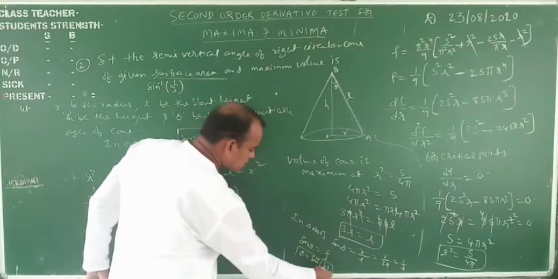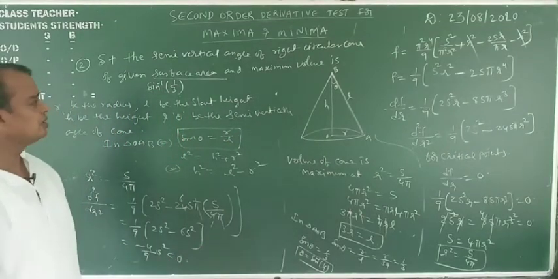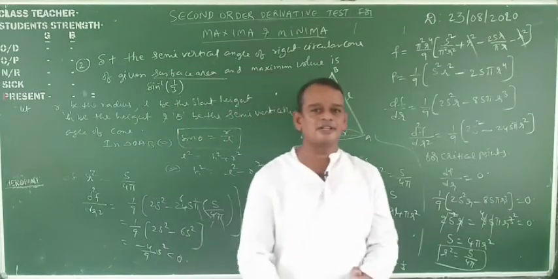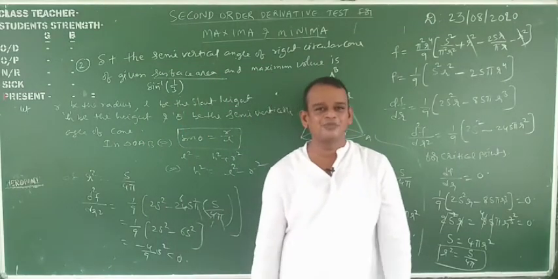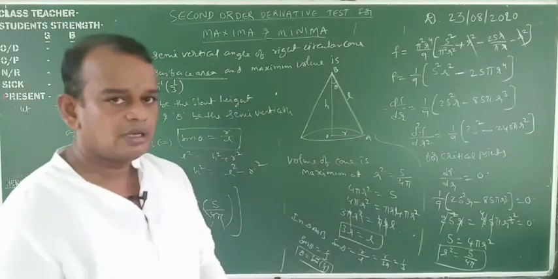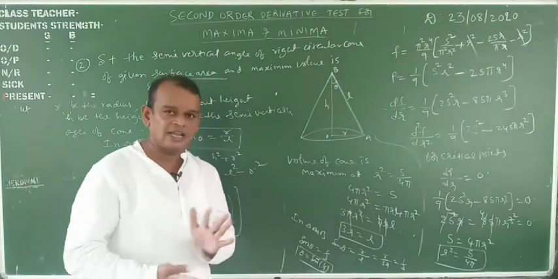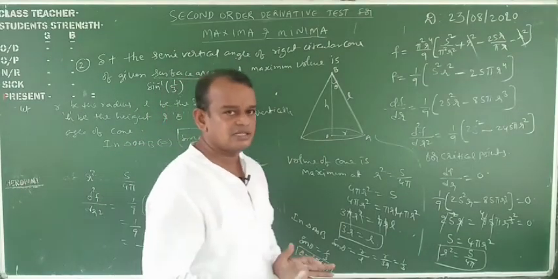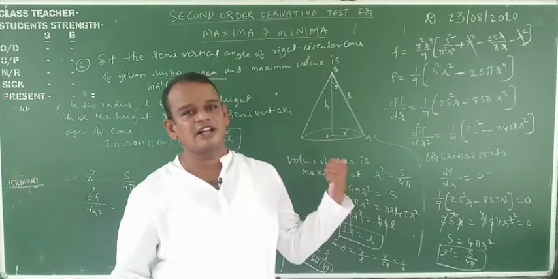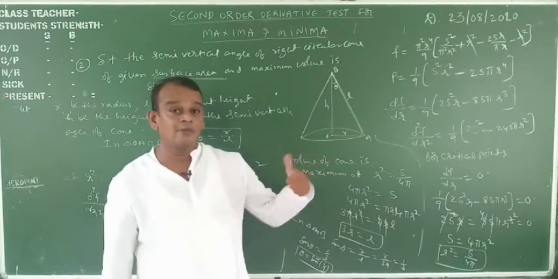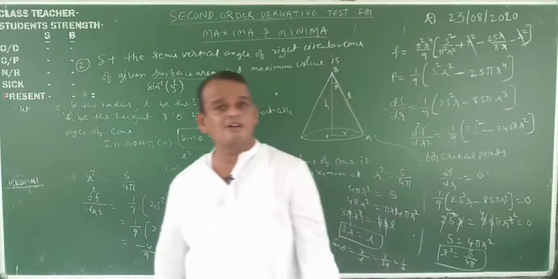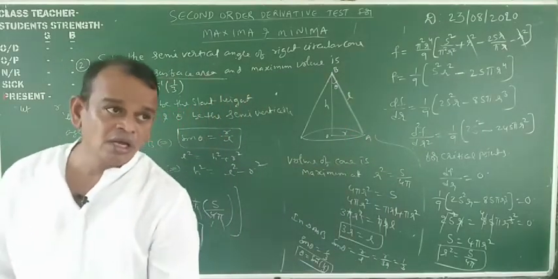This is, my dear students. Before problem, what is that one? Slant height is given. Slant height is constant. Here surface area is given. That is the difference. You read the question carefully. Whenever the slant, both the problems you find that vertical angle 100%. Before, vertical angle theta is equal to tan inverse of root 2, cos inverse of 1 by root 3. But here vertical angle is sin inverse of 1 by 3. Whenever before problem slant height is constant, in this problem surface area is given, means that is the constant. Okay, my dear students, we are going to next problem.